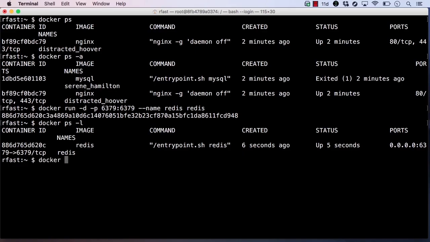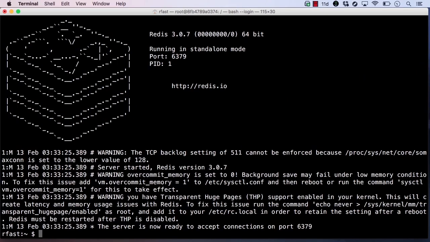We can use docker logs to see the current logging output. And this just shows the most current logs and exits. Similar to the tail command, we can add -f to docker logs